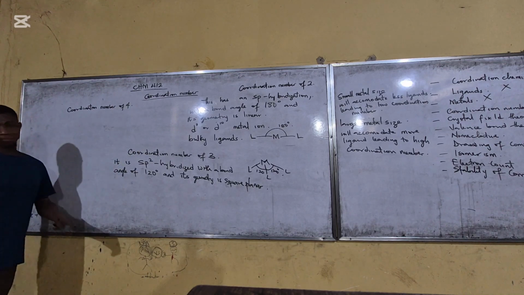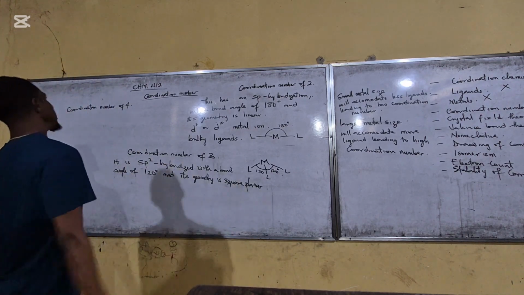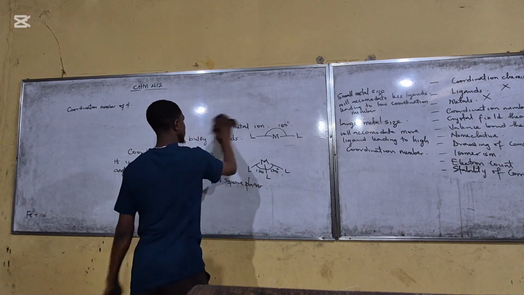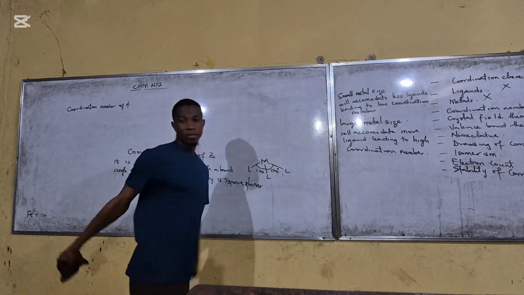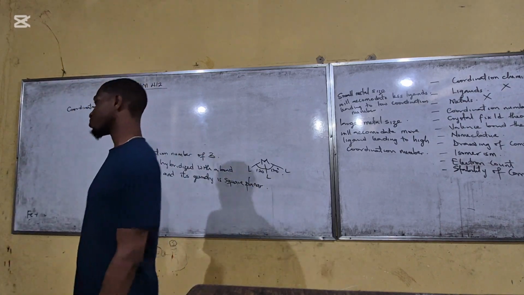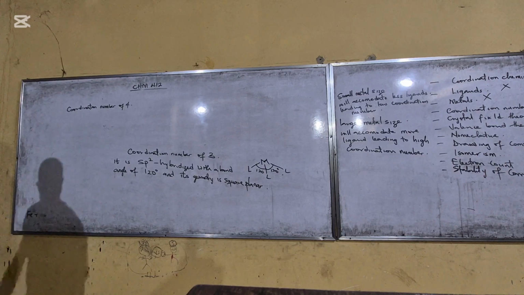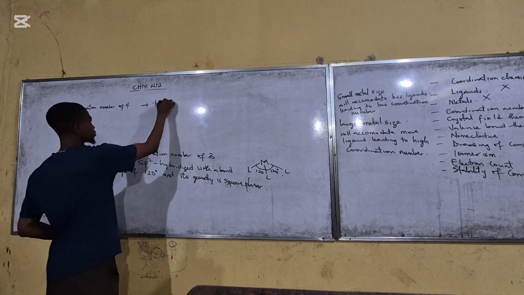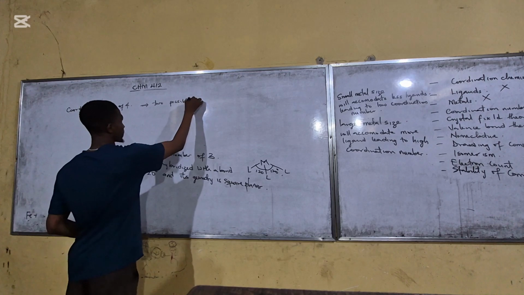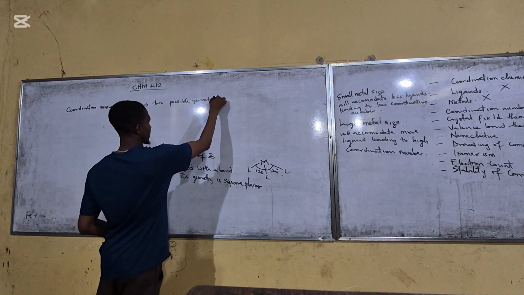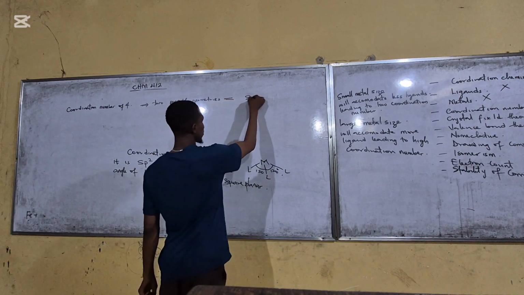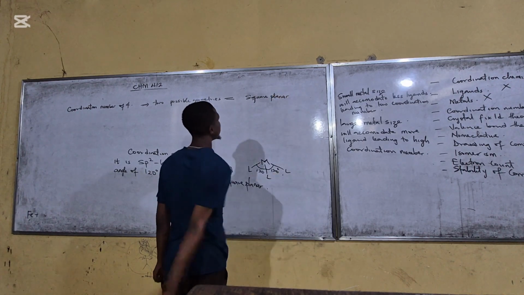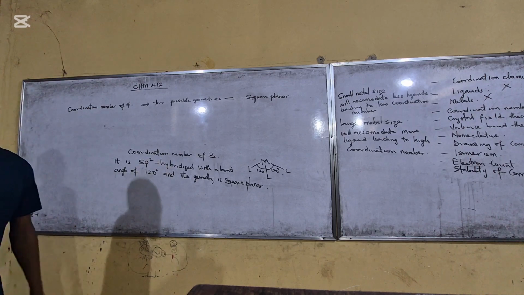For a coordination number of 4, we can have 2 possible geometries. We can have the square planar